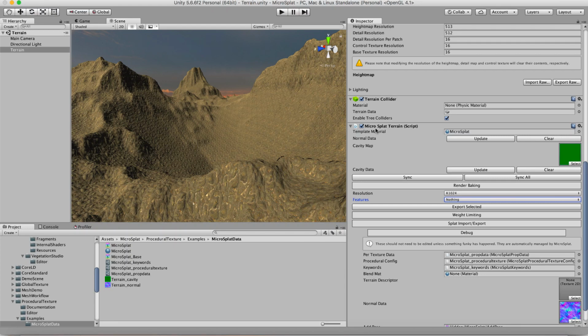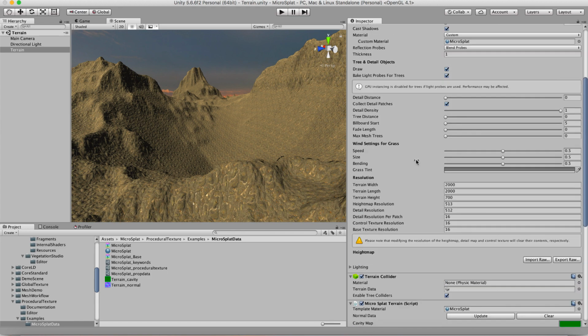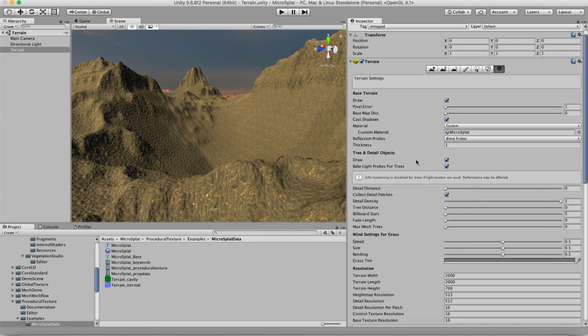Hi, in this video I'm going to show off the procedural texturing module for MicroSplat. With this module you can texture your terrain entirely procedurally based on height, slope, cavity data, and erosion data. This can all be generated in the editor. The data for cavity and erosion and everything else can happen in real time on your terrain, requiring no splat